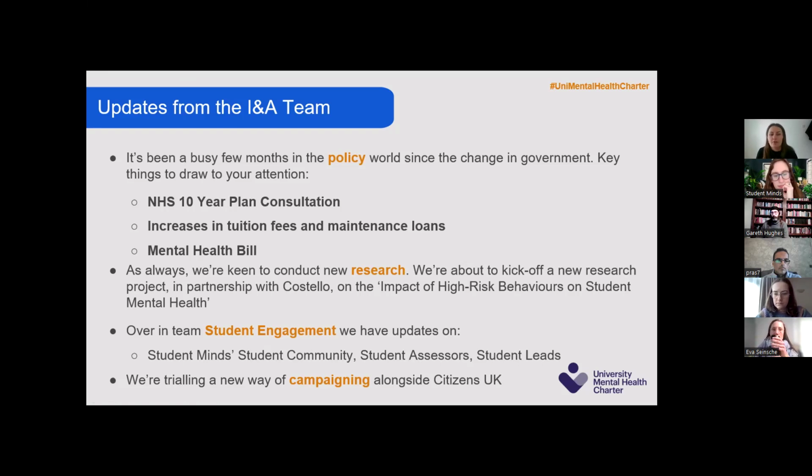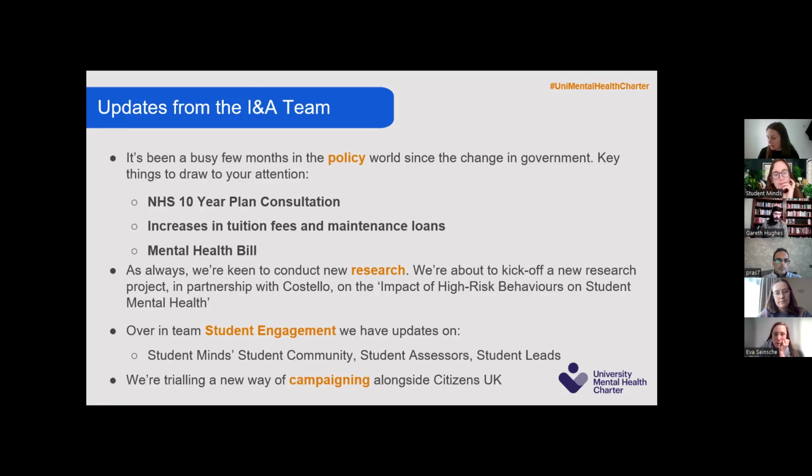We have also, of course, been watching the increase in tuition fees and maintenance loans. We are continuing to campaign for more financial support for students, recognising the impact that financial hardship is having on student mental health at the moment. And obviously, the increase in tuition fees, although small, can put students from marginalised backgrounds off coming to university. So we are trying to have an open conversation with the government, although that is somewhat one-sided at the moment, mostly us writing to them and telling them what we think they should do. But yes, a lot of that revolves around increasing financial support for students.